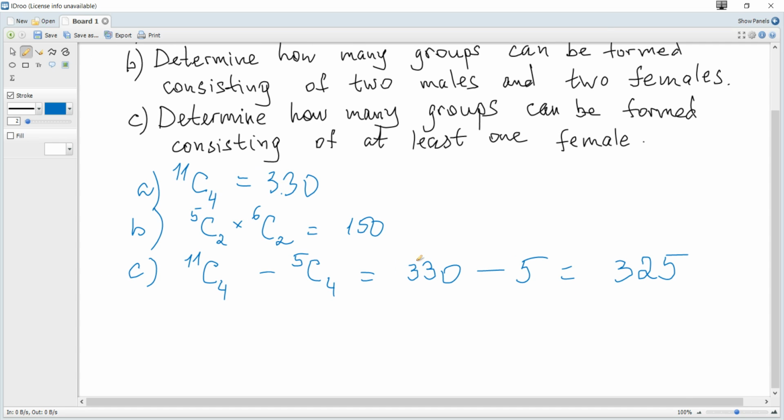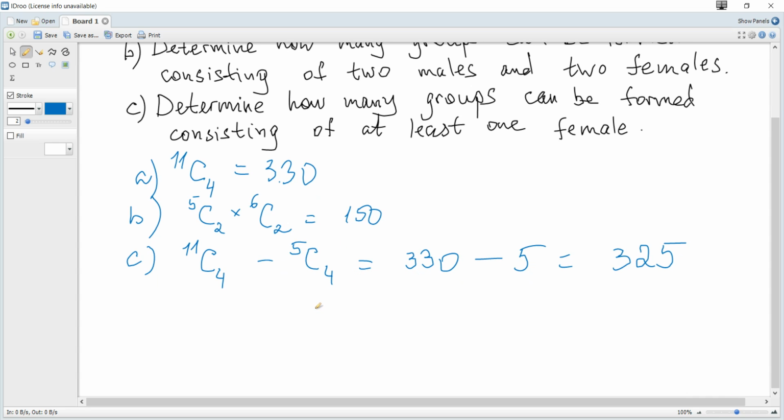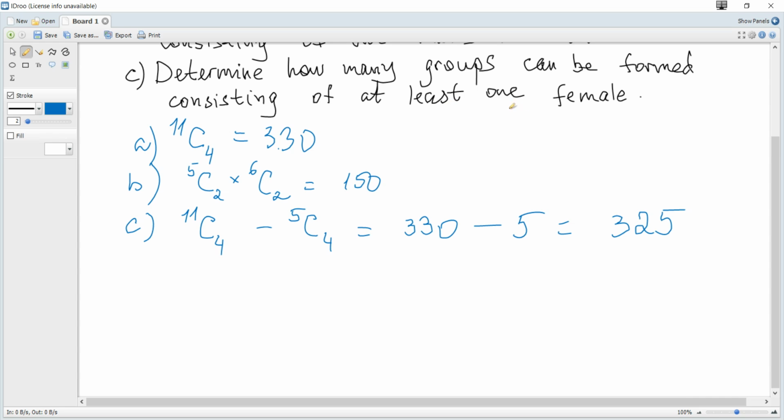Another way to solve this problem is to consider a group which consists of 1 female and 3 males, and the number of ways to choose such groups becomes number of combinations 1 out of 6 multiplied by number of combinations 3 out of 5, plus 2 females, 2 males, so number of combinations 2 out of 6 multiplied by number of combinations 2 out of 5, plus 3 females, 1 male, so number of combinations 3 out of 6 multiplied by number of combinations 1 out of 5, plus